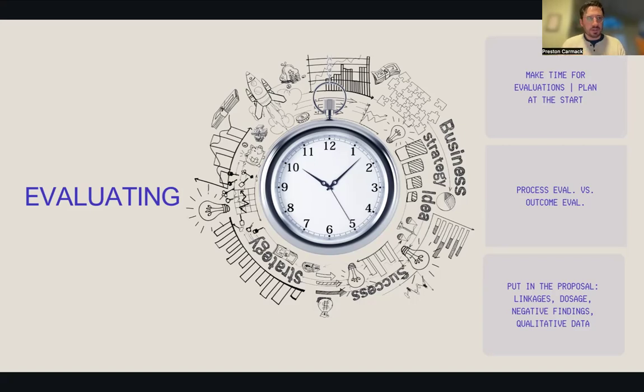The outcome evaluation often happens after the project is over. Not fully, that's not a hard and fast rule, but often. And what you're looking at is outcomes, right? So either at the end or at a significant milestone, you're looking at what did we say we were going to do? What did we actually do? And what is the difference between those two?